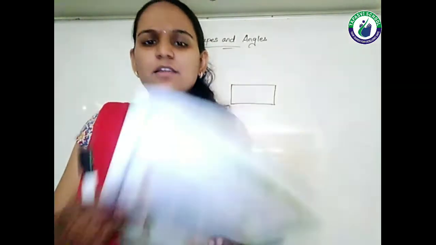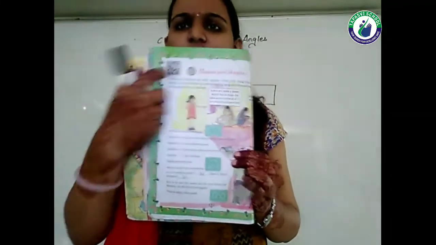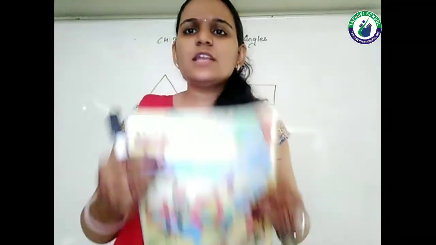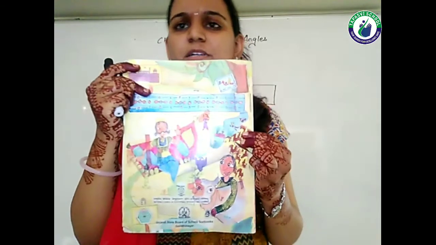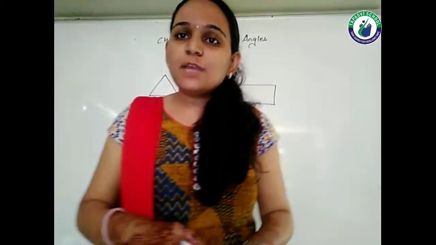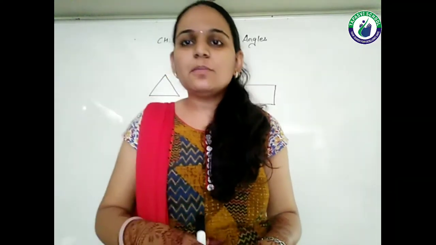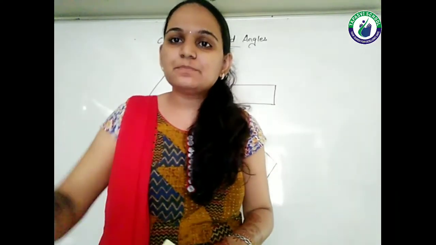This is your textbook. So the textbook also has a shape. If you see the textbook, then the textbook also has a shape. The shape of the textbook is a cuboidal shape. So every object has some different shape. Sometimes we may be able to get the name, sometimes we may not be able to get the name.